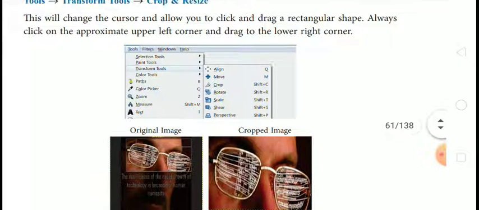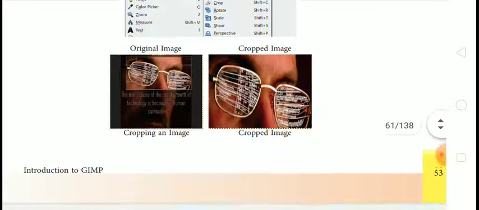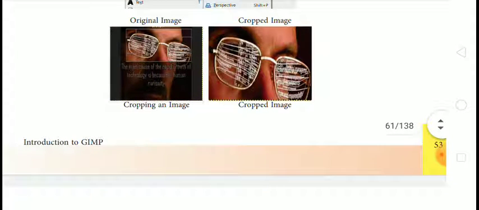You can see in the picture the Transform tool and the different options are visible. See the original image. In the original image, so much background was there, and in the cropped image you can see it is easy to see and clear, so you can use the crop image option.